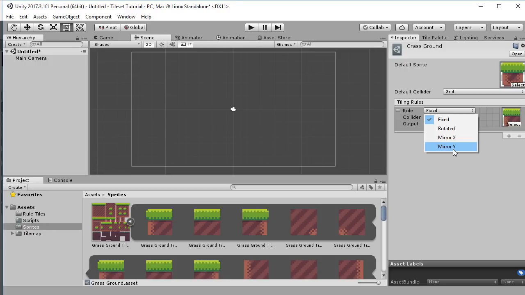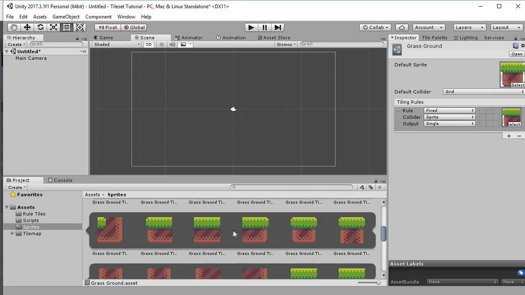So that's how we use that. A similar thing for the mirror. In a side scroller, you might have a platform edge like this. Because of the stripes, it's not going to work for ours, but if it weren't for the stripes, that piece might work as this piece as well, just flipped, in which case you might set this to mirror. That's not going to work for ours because we have those stripes on it, so